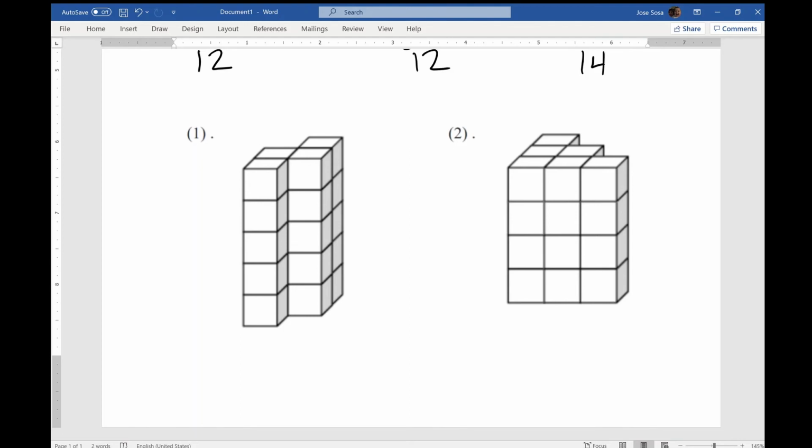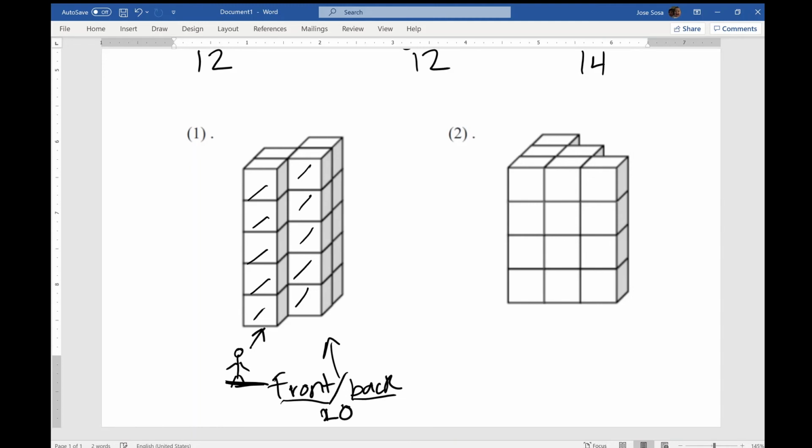We're going to do an example with these here, okay? We're going to find the surface area of these. Again, I'm going to stand right here. Here's me, and I'm looking this way. So if I want to find just the surface area of that side, the front, and coincidentally the back, because they're the same, I'm going to count 1, 2, 3, 4, 5, 6, 7, 8, 9, 10. But remember, 10 is for the front and 10 for the back. So a total of